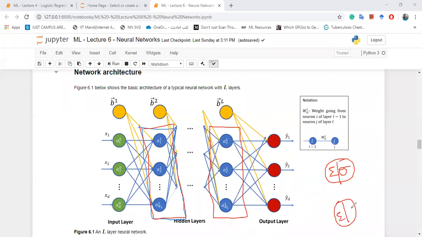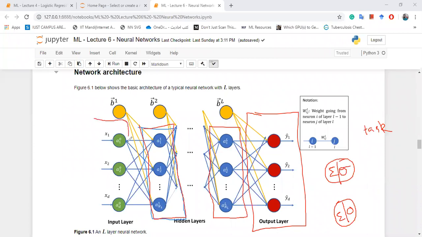Again, there will be an output function, but it will differ in accordance with the task at hand. So if we have a classification task, then this will be softmax, and if we have a regression task at hand, then we don't have this output function. We simply take this sum and then pass it to the loss function. Fine. So this group of neurons will form something called the output layer.